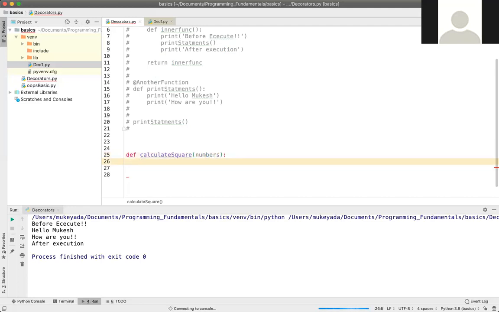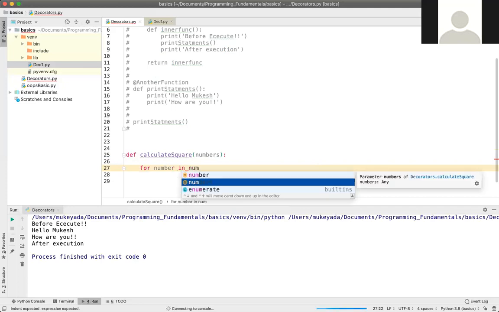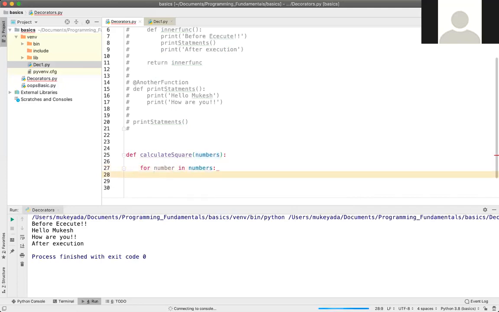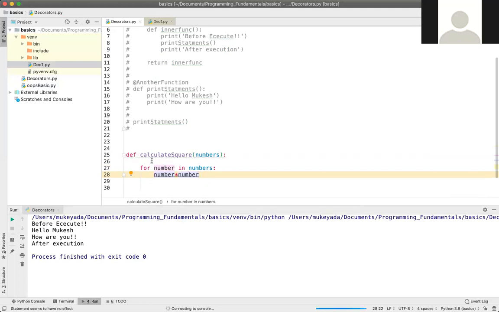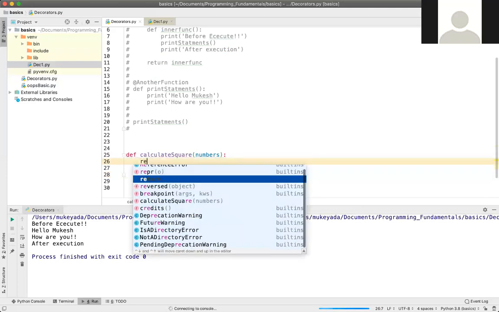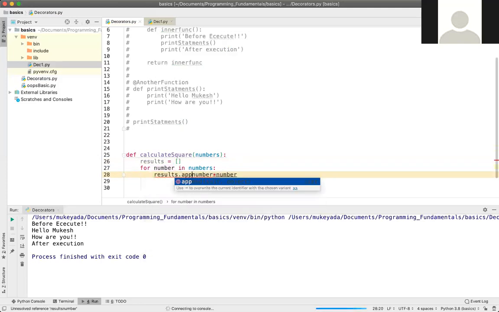What it will do, it will iterate for number in numbers, and what we have to do is number into number, because we are doing square. So let me take one variable, so there I can hold the values. Here I have to do results dot append, and here I need to do a square, right?